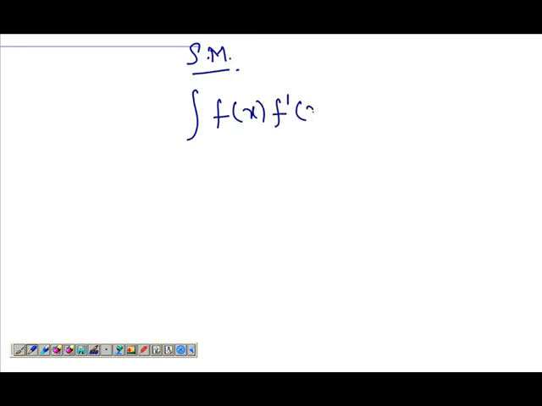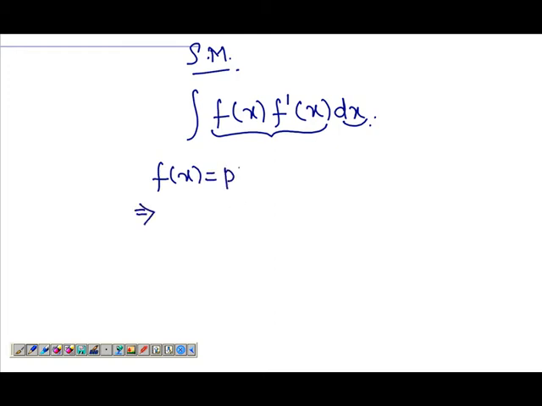Okay, the first technique of integration, and by far the most important one, is the substitution method. Let's say we have a function f of x and its derivative, and we have to integrate this with respect to x. So what I can do here is put f of x equals p, and